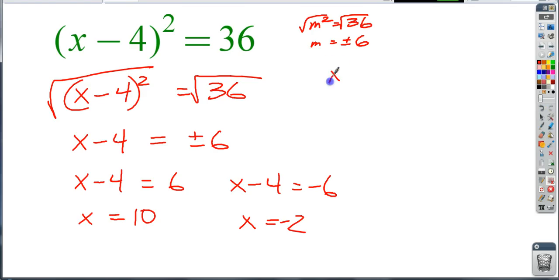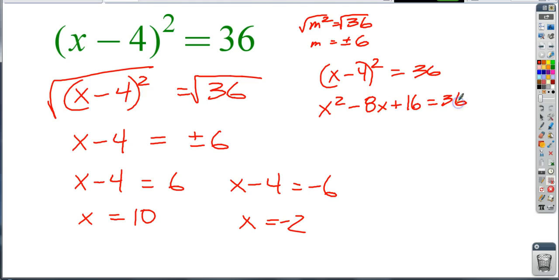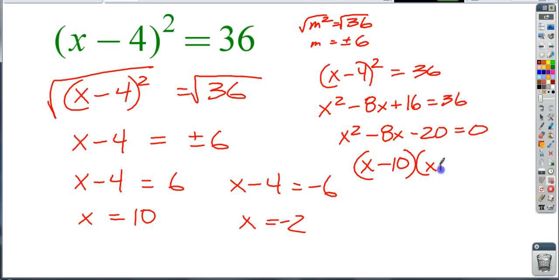Now, I'm just going to real quick show you if I took x minus 4, and let's say I solved this by factoring. I'm going to multiply this out. So I get x squared minus 8x plus 16 is equal to 36. Then I'm going to set this thing equal to 0. So I get x squared minus 8x minus 20 is equal to 0. And then what I'm going to look for is what two factors of here are 8 away from each other. Well, this would factor to x minus 10 and x plus 2 is equal to 0,